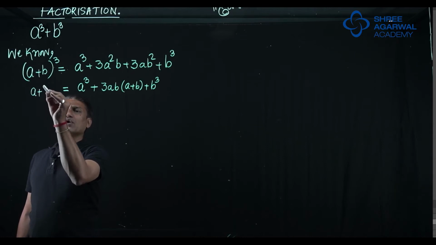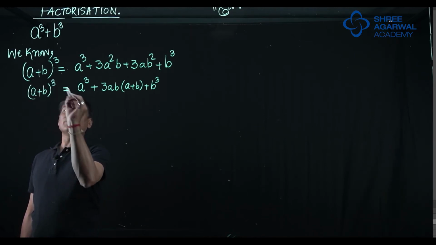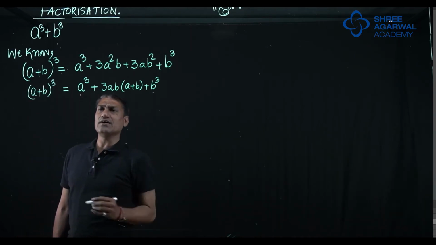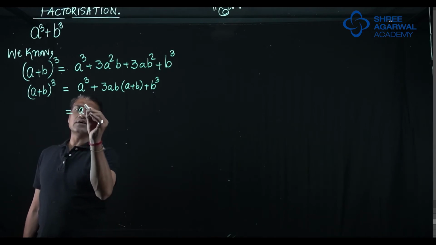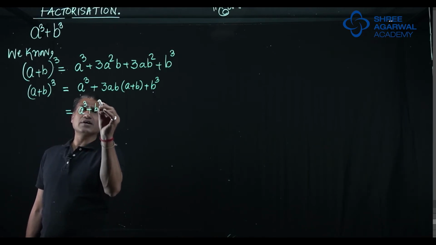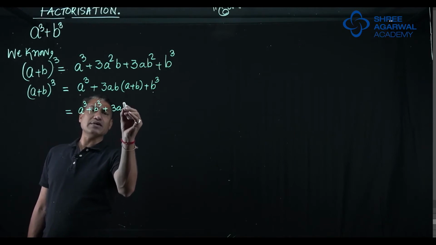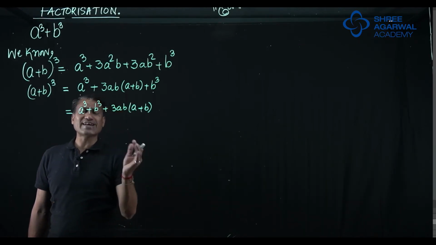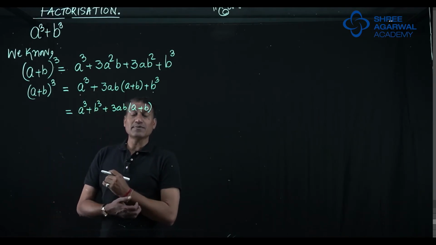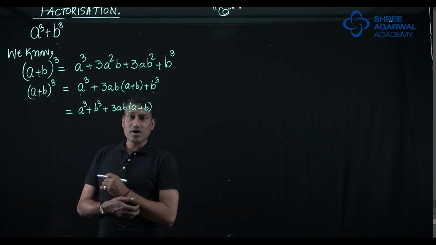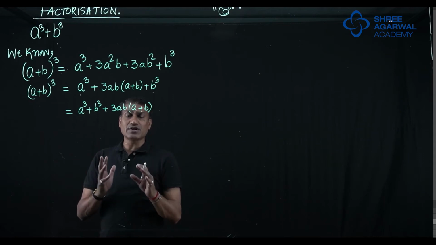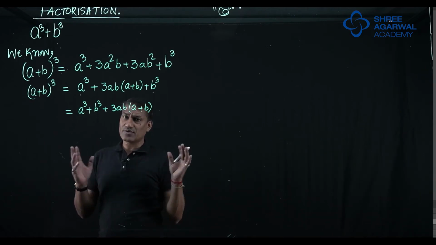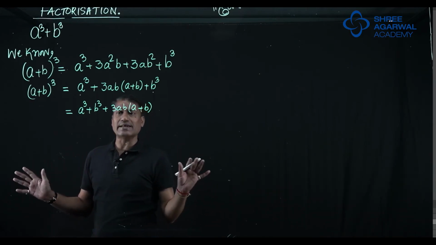Now because we want a cube plus b cube, which is there on the right hand side, we will write both these terms one after another, and this 3ab we will write as the last term. In addition, you can change the sequence. In multiplication, you can change the sequence. But in subtraction and in division, you can't change the sequence. The answer will go wrong. The problem will change completely.